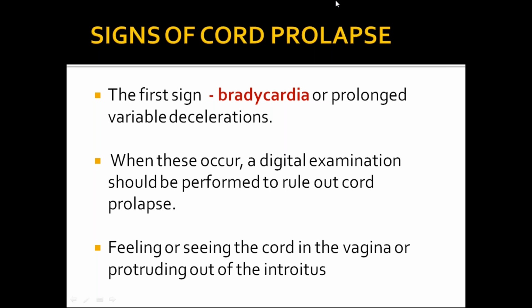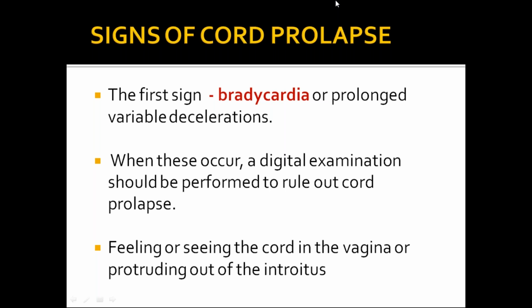Okay, I will tell you. Whenever you rupture the membranes, always see the color of the liquor. Number one. Number two, do PV examination to rule out any cord prolapse. Number three, you see the dilatation of the cervix. Number four, what we have to do to confirm the station. Sometimes even the floating head, when you do rupture of membranes, once the fore water has gone, it will come to the next station of the pelvis. So four things we have to see, and fifth one is fetal heart rate.